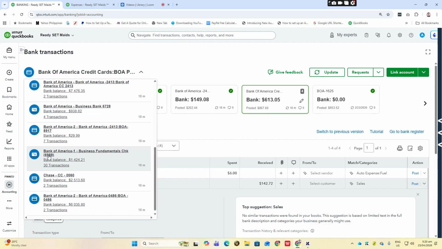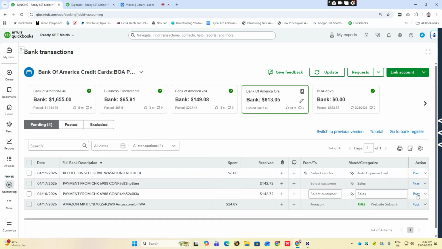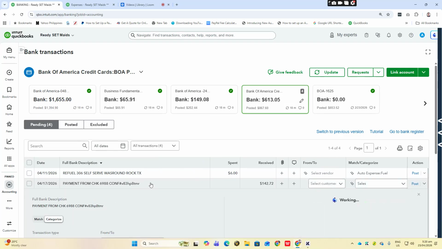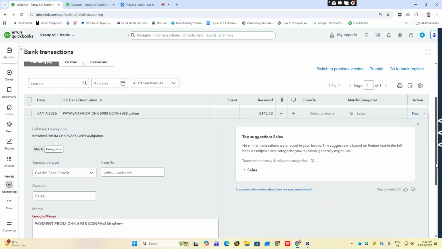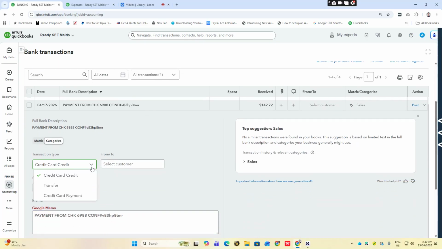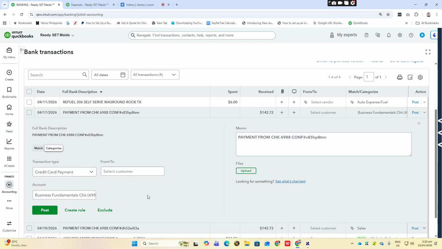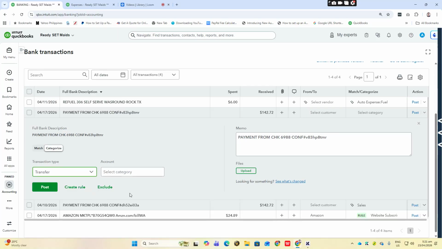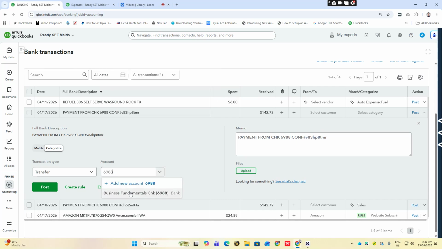So we have 6988 here, right? So if we have 6988, this is credit card payment. If it's credit card payment, we'll choose here 6988. Or you can also use transfer.